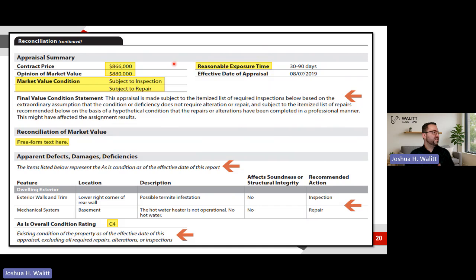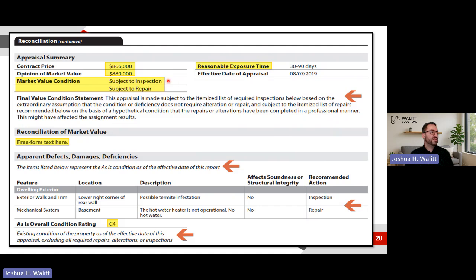So you can see the summary section, very simple concept. It restates the contract price if there's a contract. We have a field now for the reasonable exposure time, so very friendly for USPAP compliance. All right, this condition statement is an automatic statement. This first arrow is an automatic statement.